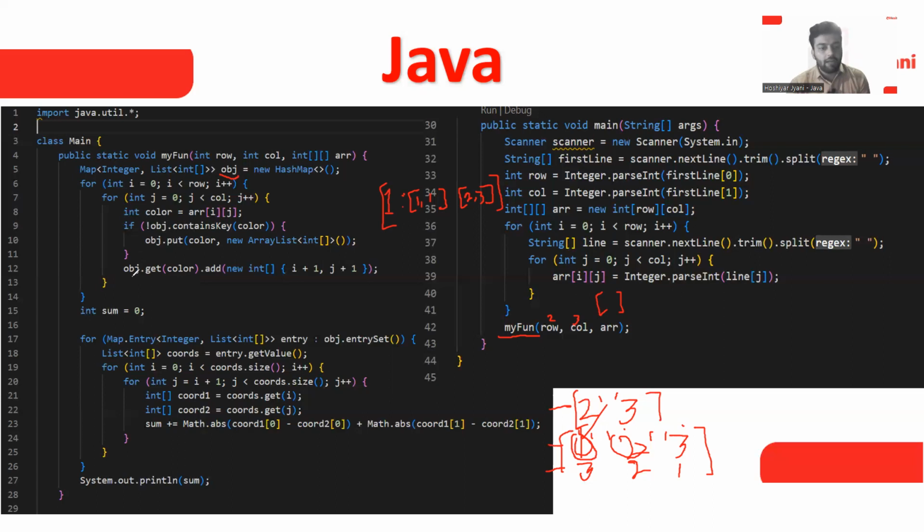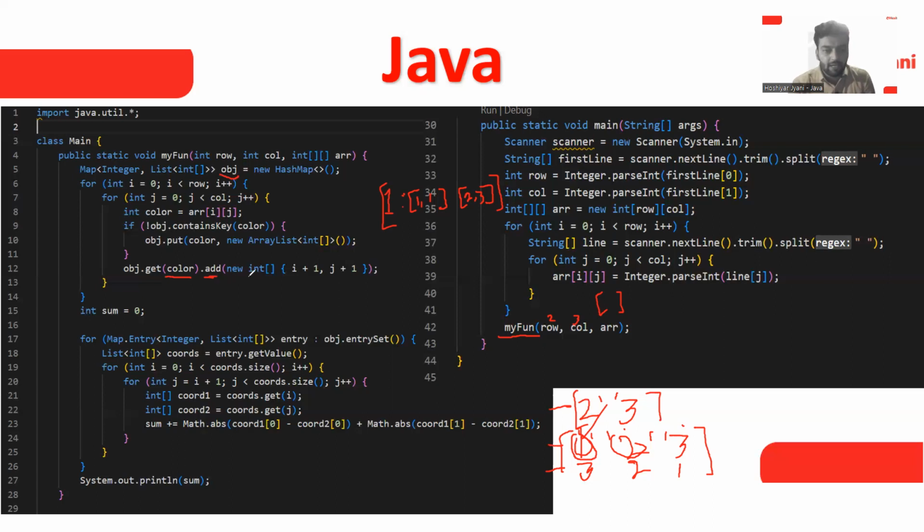What is the meaning of get? We are in the map, hash map, tree map. There is a property of finding the value of a key, that is what it contains. So with the help of dot get, we can get the value of the particular key. So object dot get particular color key, and dot add, we are adding. The dot add method is used for adding the value in our object in the value form.